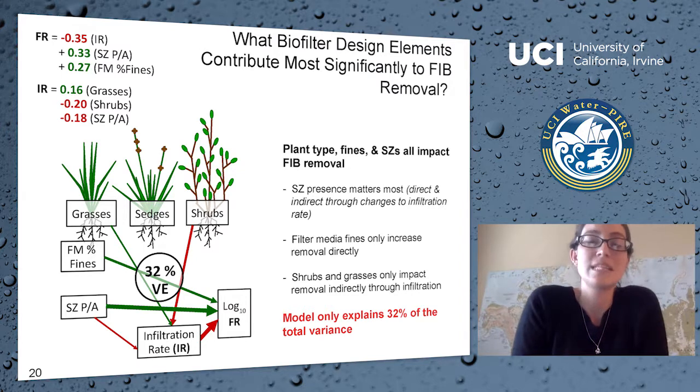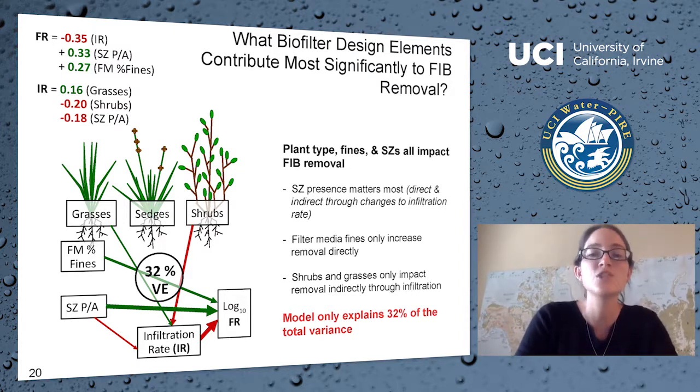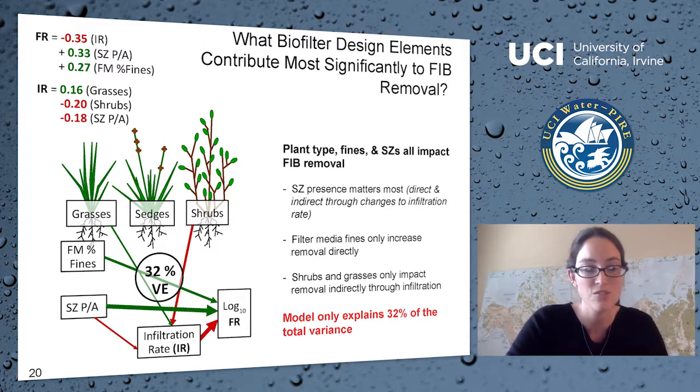So moving on to slide 20, when we perform this structural equation models analysis, what biofilter design elements do we find contribute most significantly to fecal indicator bacteria removal? Well, I think the key point I need to make is that plant type, fines, and submerged zones all impact fecal indicator bacteria removal. However, submerged zone presence matters the most, and that's both direct and positive effects on fecal